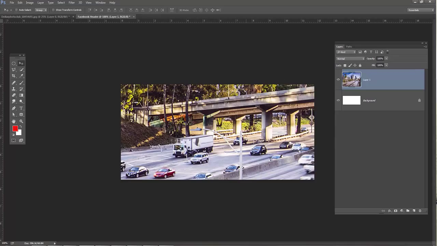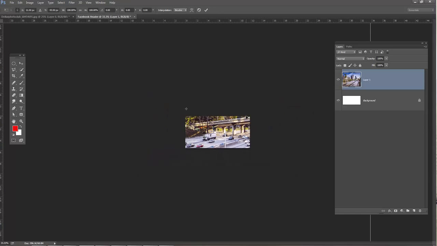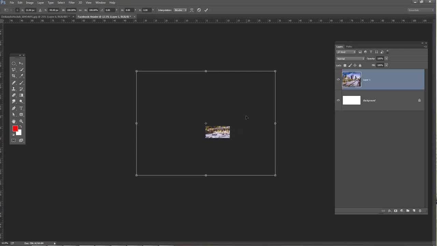So what I'm going to have to do is hit Control T, and I can scale back by hitting Control minus, minus, minus, minus, minus. Okay, and you can see how much bigger that image is than the canvas that we're working on. So I'm going to go up here to one of the handles. When I grab the handle, you can see the arrow changes, and I'm going to click on that and start dragging it